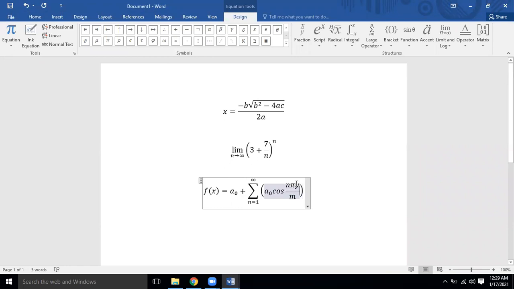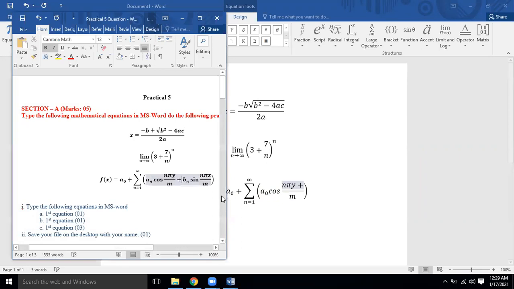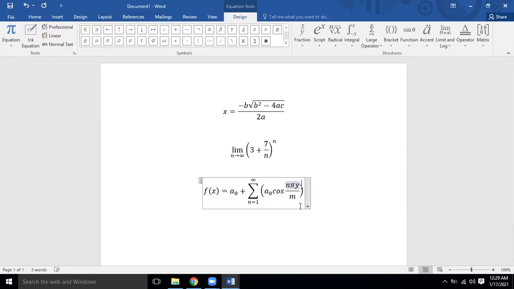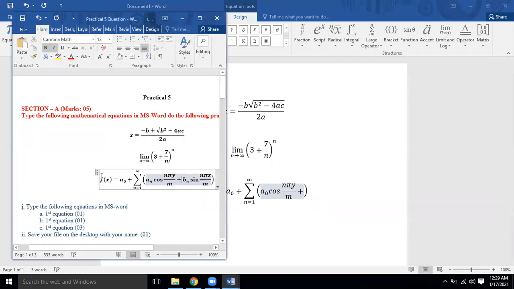If you click in the numerator and then type, the plus sign comes in the numerator. Again, this is not the desired one. That is a common mistake you need to know. So don't type in the numerator, don't type in the denominator, click over here with this line of the fraction. Now this mouse cursor is normal. Now type plus, and now plus is coming after this term. Now the next term is